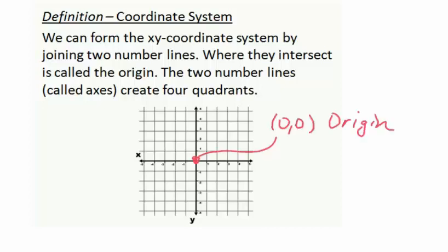And inside of our xy coordinate system, we have two axes. We have the x-axis, that is horizontal, and the y-axis, that is vertical. These two axes intersect in such a way that we create 4 quadrants, and we label them like this. This section up here